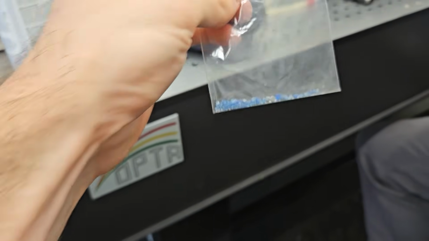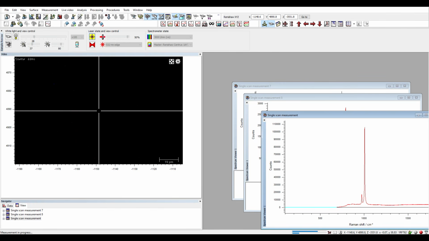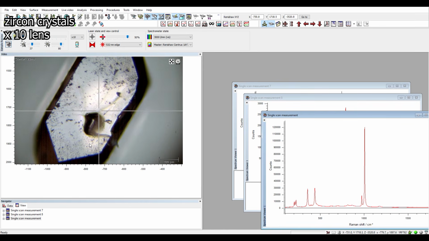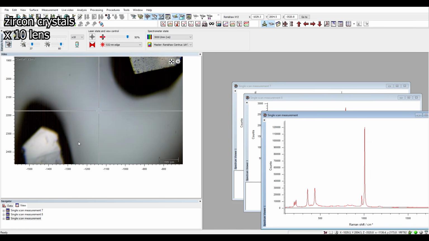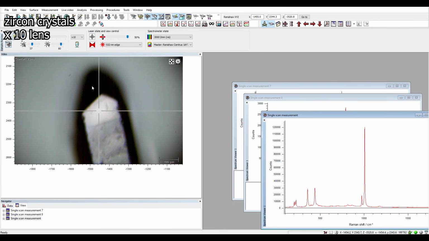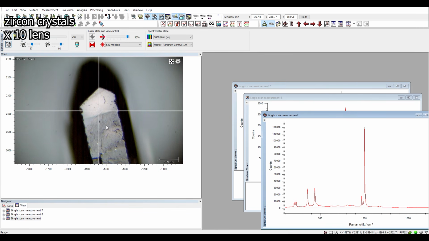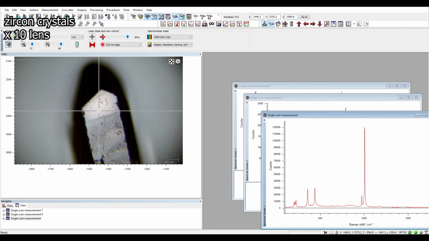An important note is that certain bands, for instance, are visible only when the crystal is in a specific orientation. This means that even if you're certain of the mineral's identity, and even if the spectrum you've captured shows a majority of the bands in their correct positions, a specific band, such as the one at 1000 wave numbers in zircons, might remain undetected simply because the crystal is misaligned under the microscope. In such cases, you simply need to rotate the microscope slide by 45 degrees, and then the missing band should